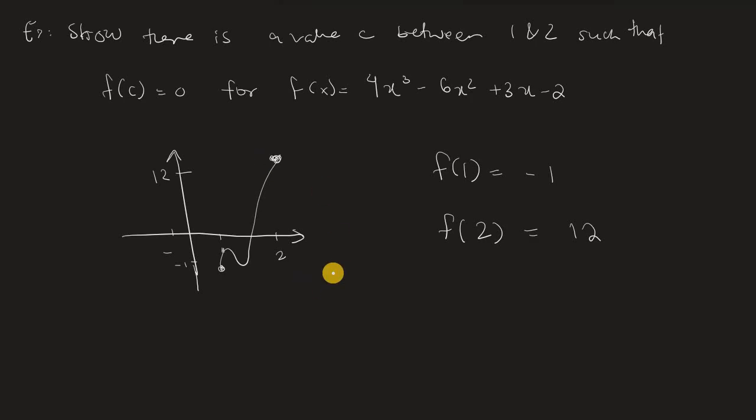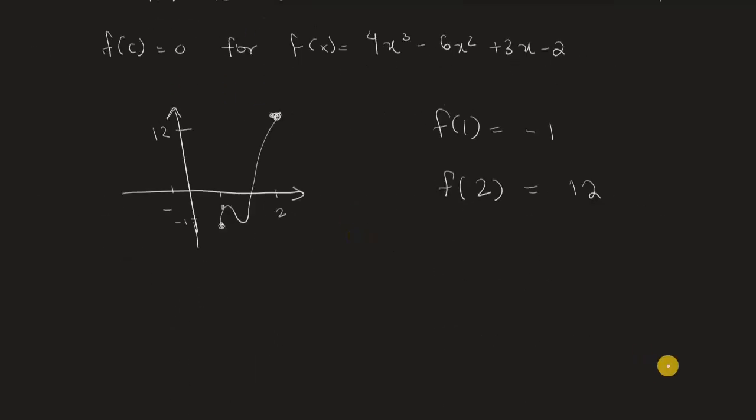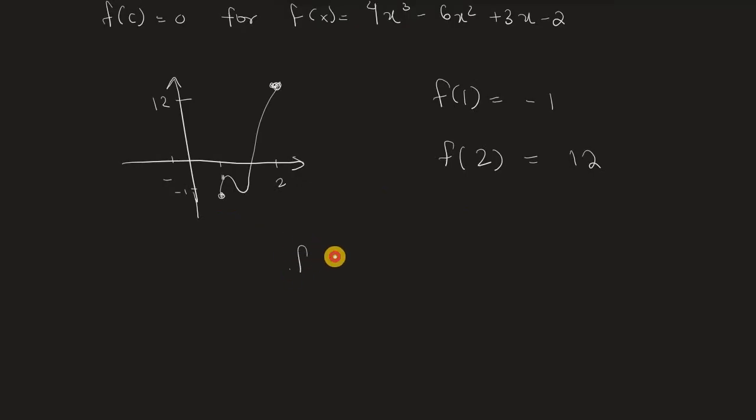Okay, so then once you have shown this, you see it's pretty much like this, f of a and f of b, then you basically have to show that f of c is equal to n. So here you can go ahead and write f of 1 is less than 0 is less than f of 2,